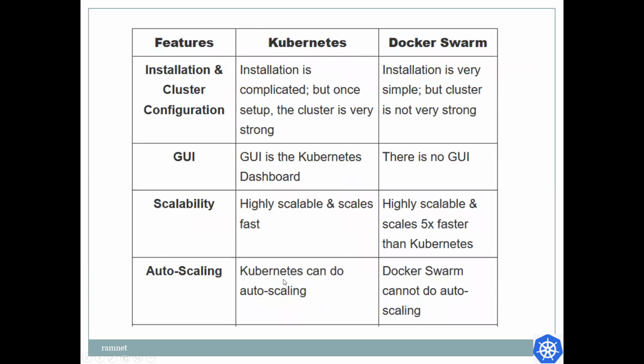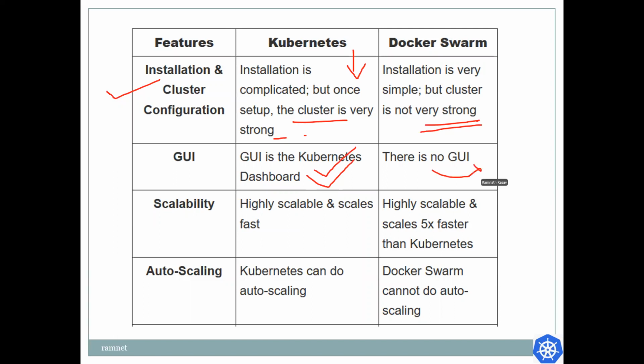Okay, next. Feature-wise, when we talk about Kubernetes and Docker Swarm, installation of the cluster and cluster configuration: installation is complicated in Kubernetes, but once set up, the cluster is very strong. In Docker Swarm, installation is very simple, but the cluster is not very strong as such. GUI: Kubernetes has a GUI dashboard available, but here there is no GUI as such.